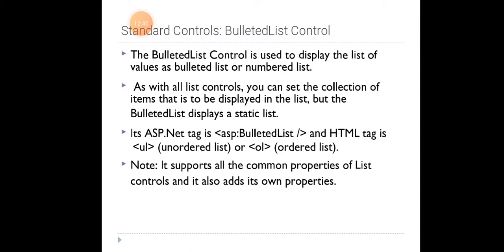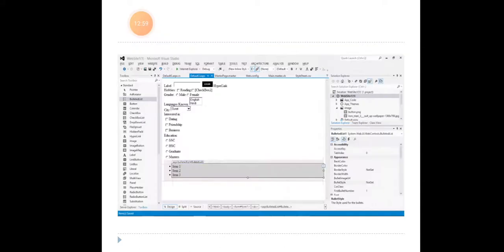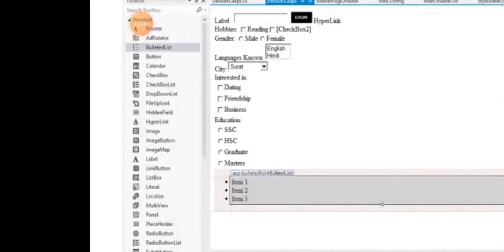We can't change it during runtime. Its ASP.NET tag is asp:BulletedList and the HTML tag is UL or OL. It supports all the common properties of list controls and it also adds its own properties. Here is the list control.